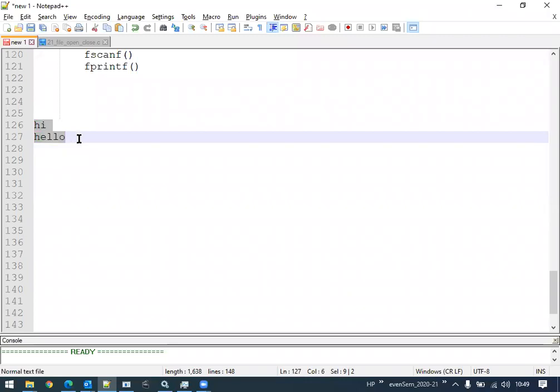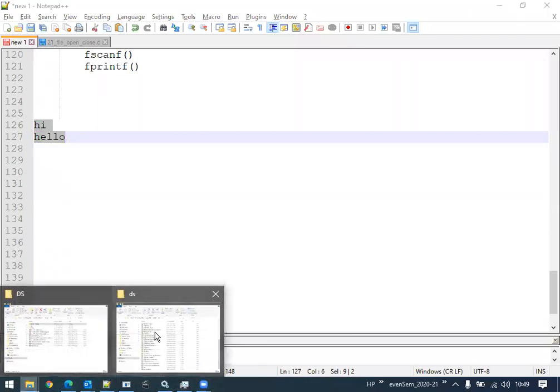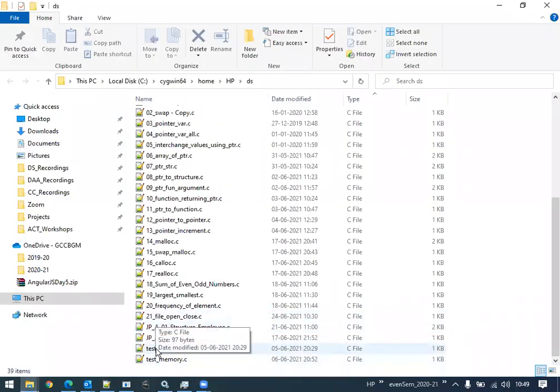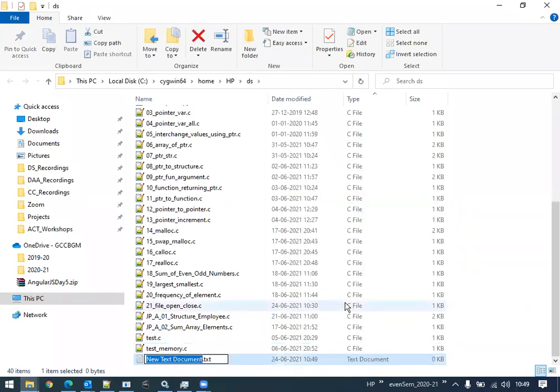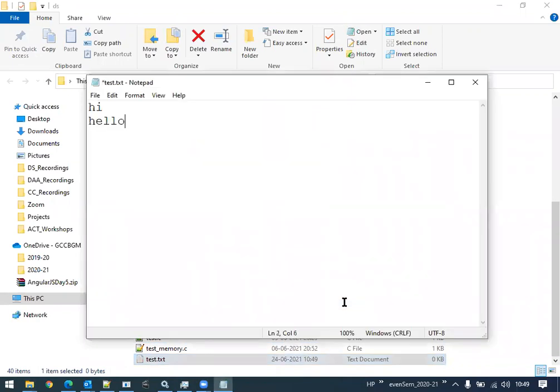Assume that there is one particular file. Let me create a file, test. So in this file, there are two lines, correct?